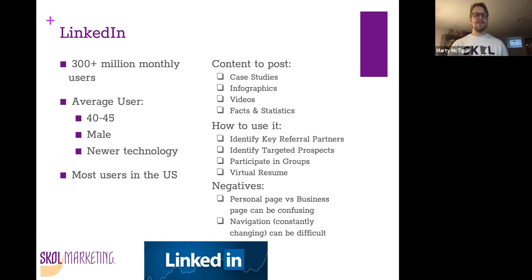Big key here is there are sort of 2 places as a business owner that you can utilize it. One thing is a personal page, and then one thing is a business page. In many eyes, both of them are considered your business page because this is a business platform. It's a business social platform.